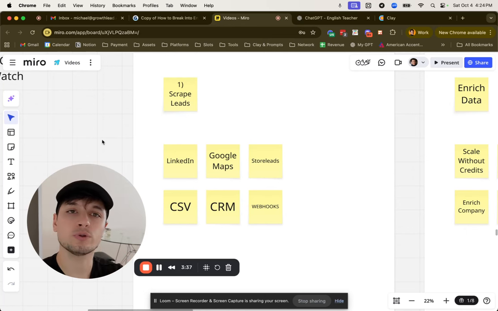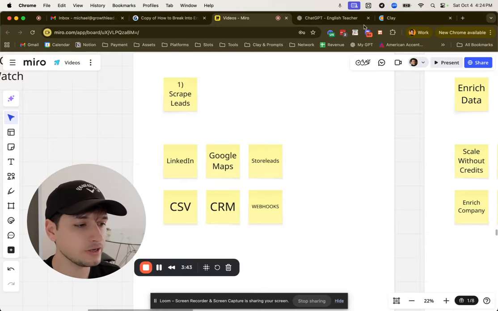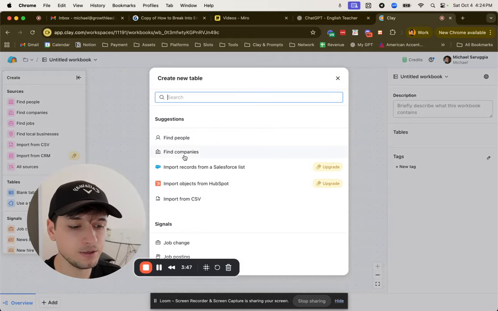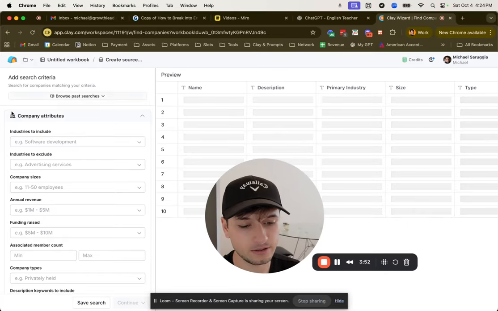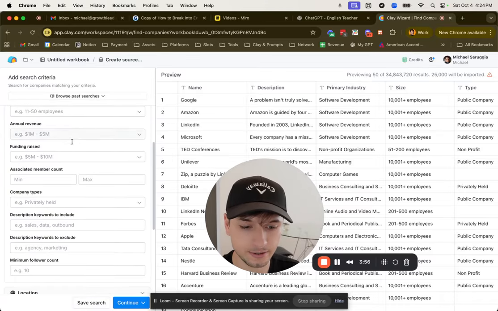LinkedIn is when you work with B2B companies. Let's say, for example, that you want all the marketing agencies in Miami. Cool, it's very easy to do this with Clay. Add, basically find people and find companies is about LinkedIn. If you check, it has the same filters as LinkedIn, because you can do like